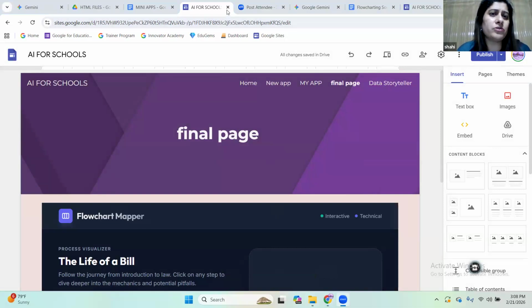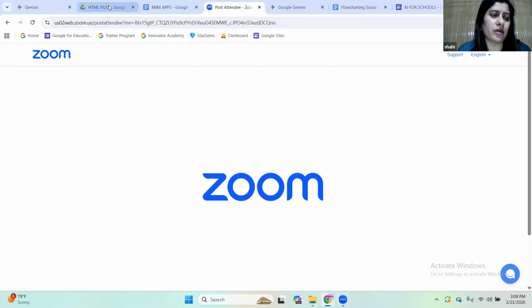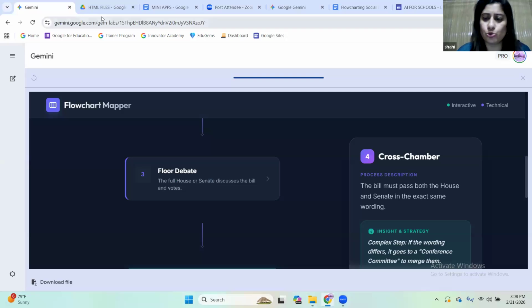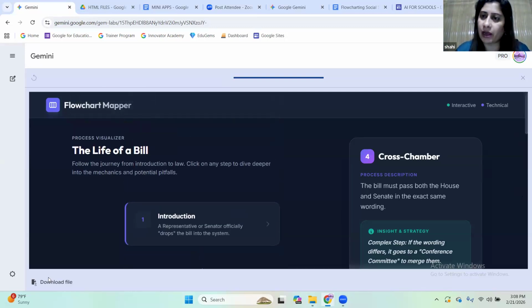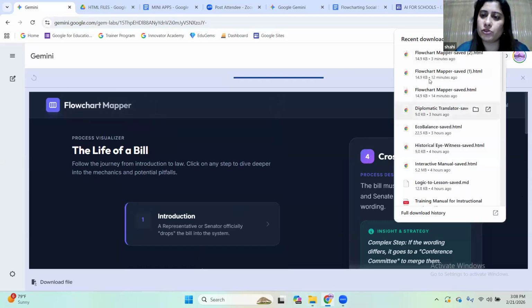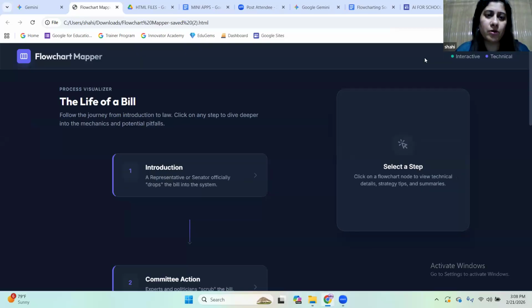There is also another situation where you say, okay, I don't want to share this. I don't want to go through the complicated process of uploading it and then pasting the embed code in Google Sites. You just want to use it as a teaching aid as a teacher. There is no issue. Just download the HTML file and show it the way I have shown you, from your downloads.